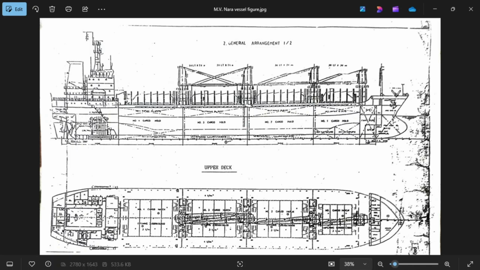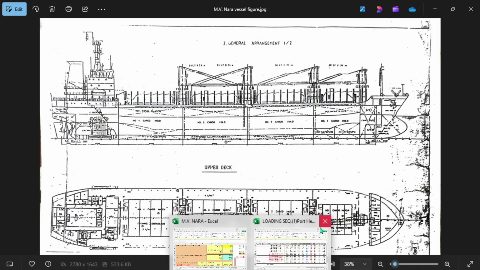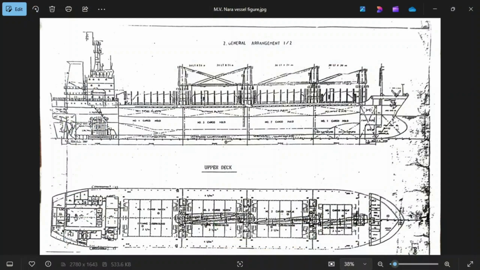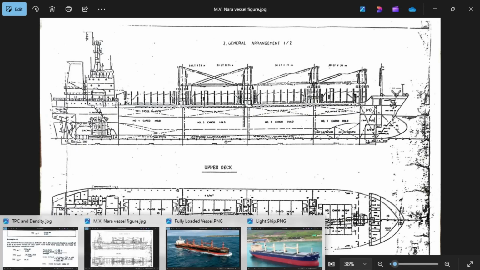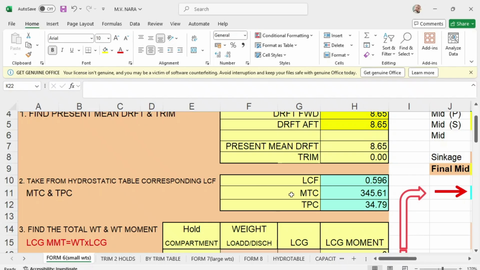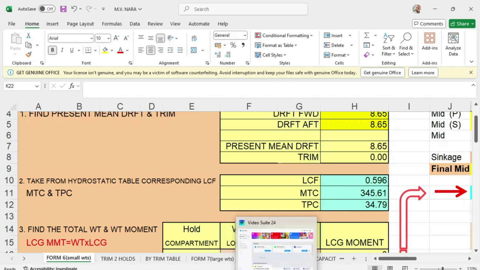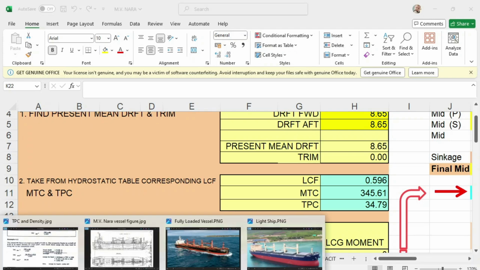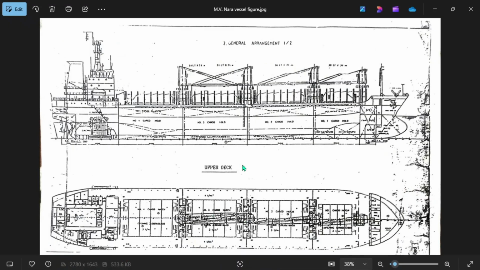The aft part is negative and the forward part is positive.